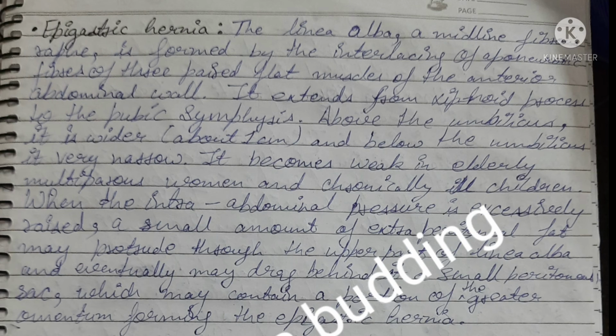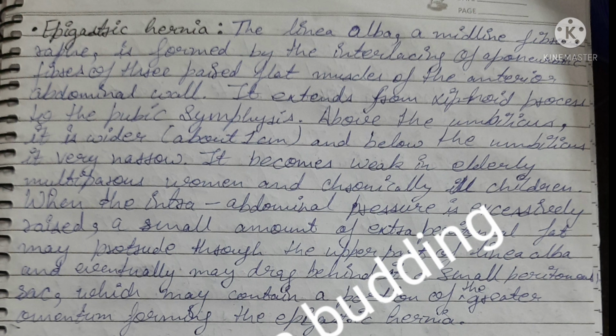Next is epigastric hernia. Linea alba, a midline fibrous raphe, is formed by the interlacing of the aponeurosis fibers of the three paired flat muscles of the anterior abdominal wall. It extends from the xiphoid process to the pubic symphysis. Above the umbilicus it is wider, about 1 cm, and below the umbilicus it is very narrow. It becomes weak in elderly multiparous women as seen in divarication of the recti as well,